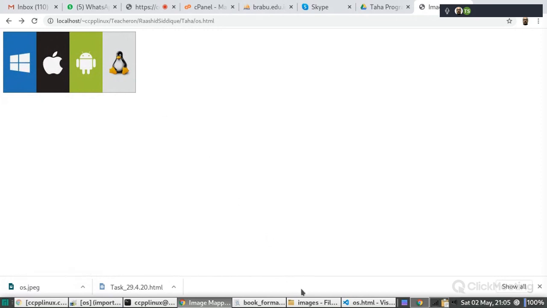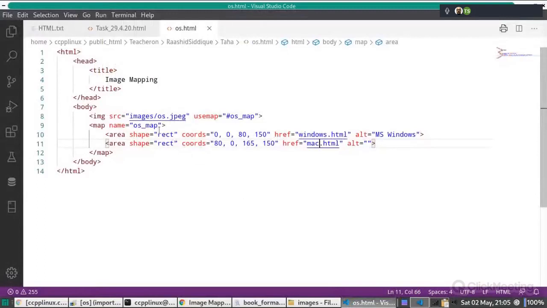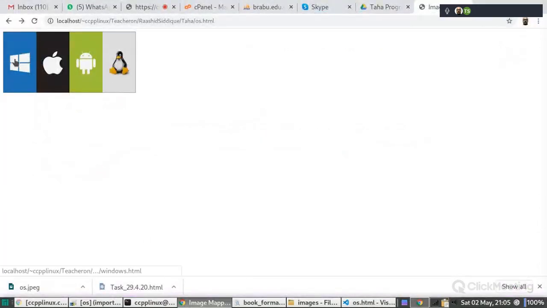We can also select these 2 points inside the image. Rect है ना, there are 3 different possibilities. One is the rect, then circle and then poly. ठीक है. Rect is for the rectangle, circle is for circle and poly is for polygon. Means with the help of poly we can exact map because this is a polygon. हाँ ठीक है. This is a polygon like this.